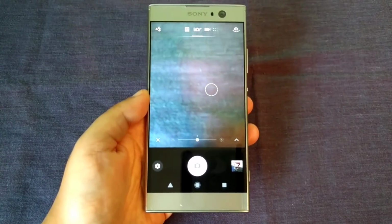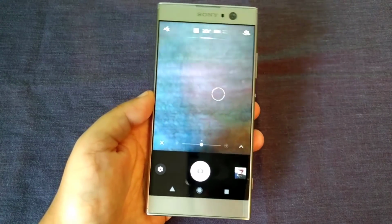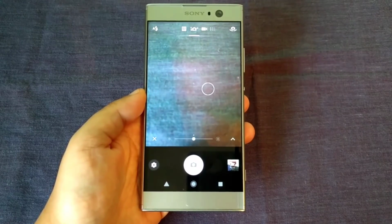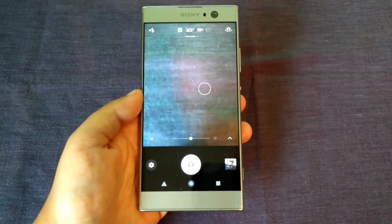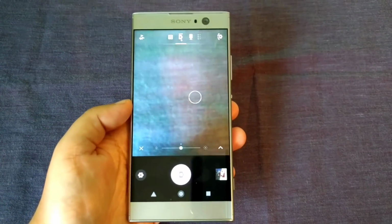Again, I think in good lighting conditions, you can get some really good photos here. And in low light conditions, sometimes you can get a pretty decent shot. Sometimes it's a little bit harder. Pretty mixed bag there. Now, talking more about the camera, again, with the main 23 megapixel camera, you are able